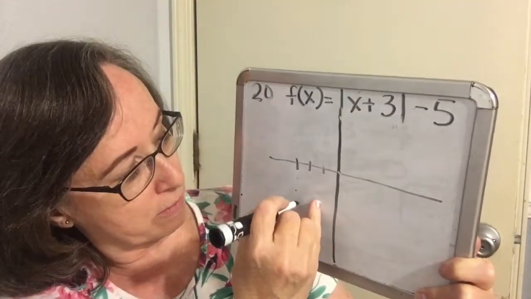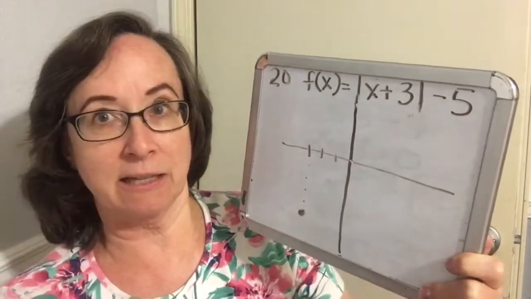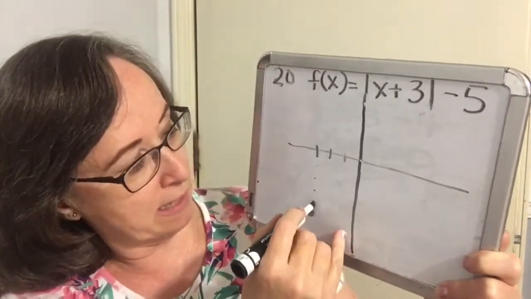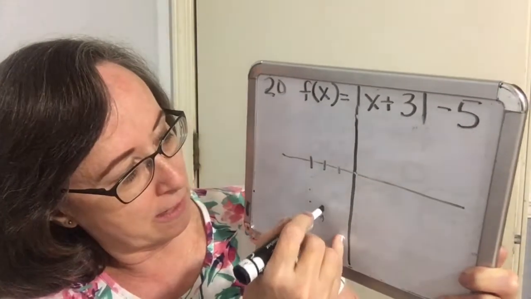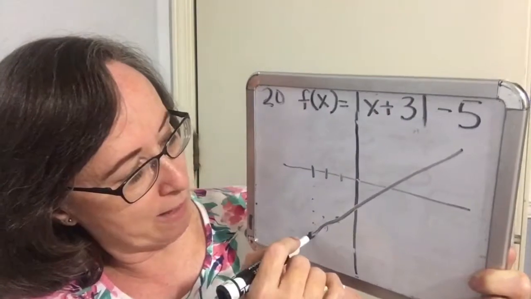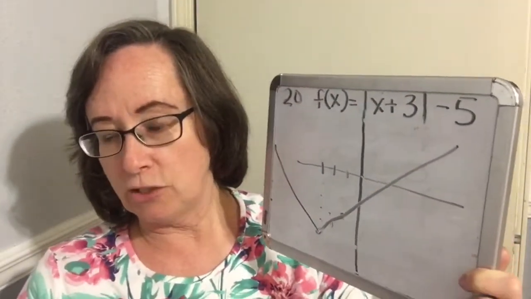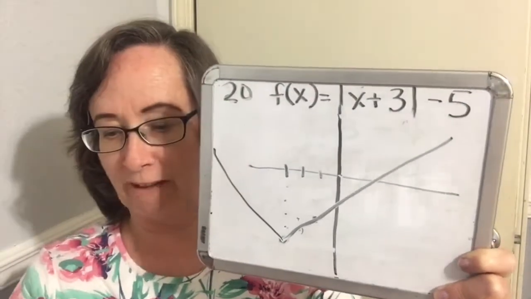1, 2, 3, 4, 5. And then it's going to go at a slope of 1 up, over, until you have a V shape right there. Okay, so it's a little rough. I don't have graph paper, but